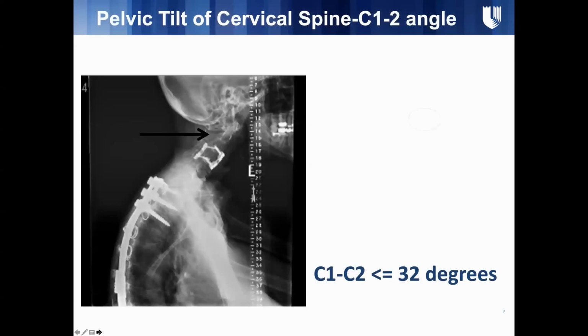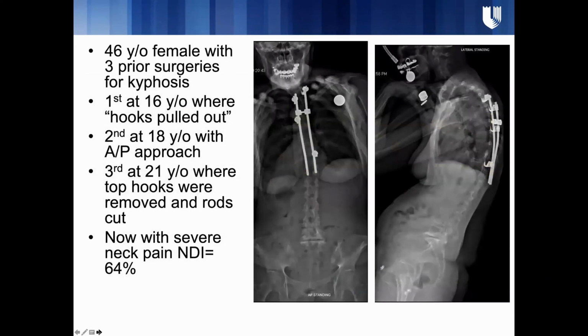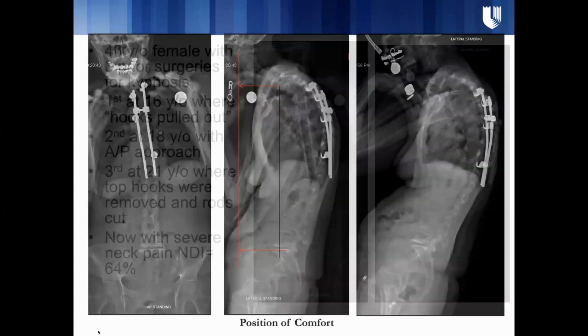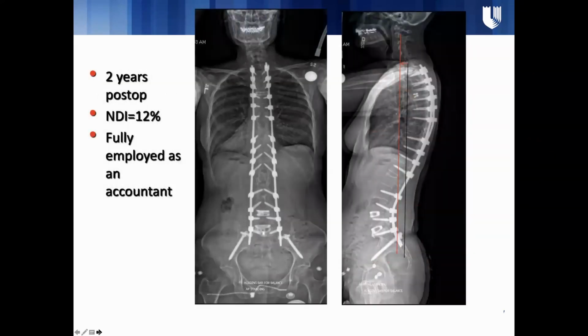So one of the things to realize is that there are some compensatory mechanisms. The articulation between C1 and C2 allows a substantial degree of motion. And this is shown in this patient of mine who came in with horrific intractable neck pain after multiple thoracolumbar surgeries. And the fact is, as you can see, that much of her symptoms are related to hyperextension in the